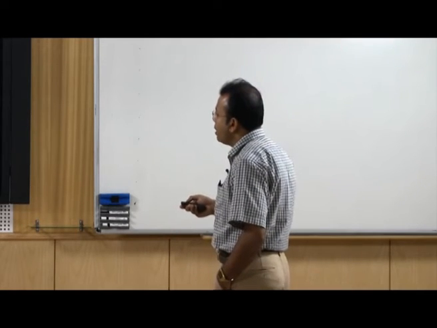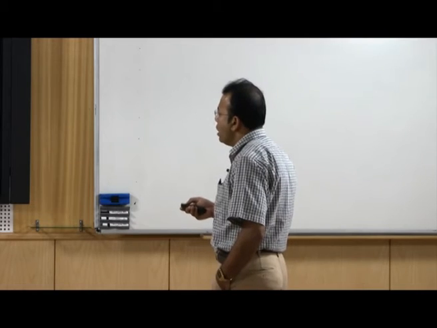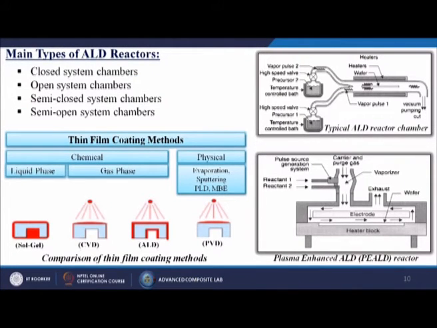So, for thin film coating methods, there are several types of techniques. If we go for the chemical, it is divided into 2 parts, one is called the liquid phase, another is called the gas phase, and another is called the physical, like evaporation, sputtering, PLD, MBE. So, from this particular figure you can understand how we can achieve the coatings by different methods. If we go for the sol-gel methods, if our substrate has shapes like a C shape, then the sol-gel technique will coat the whole material there. Somewhere it can hold homogeneous layers or homogeneous thickness, somewhere it cannot.